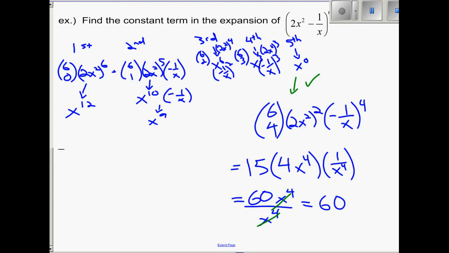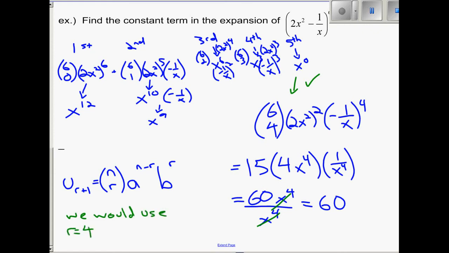If you were able to reason out that it's the fifth term, you could always have just used this little formula: the r plus 1th term in a binomial expansion is nCr, where n is the power, a is the first term from the binomial, and b is the second term. So for us, if you had done it this way, we would use r equals 4, because we're looking for the fifth term. So the 4 plus 1th, or fifth term, would be,